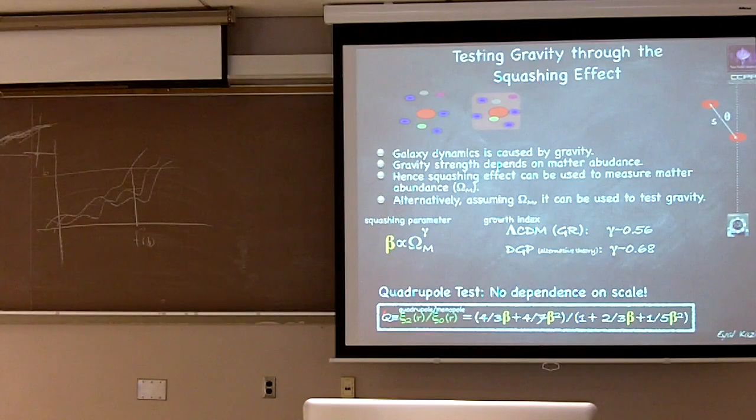One test is using these observables where before, if I focused on the angle average, meaning the monopole, I can compare that to the quadrupole, which is just, again, counting pairs. Now you're using a weighting of the second Legendre polynomial to take into account angular dependence. And notice that if these each independently depend on scale, according to linear theory, this combination gives you a right-hand side that does not depend on scale. It depends only on beta quadratically. Again, beta is a proxy of general relativity.